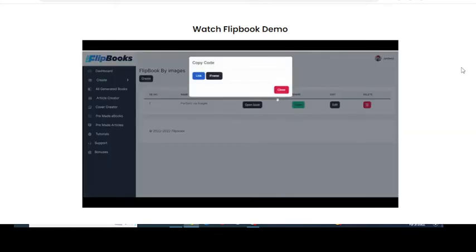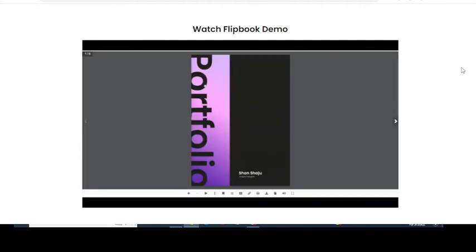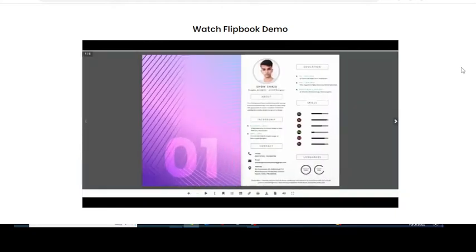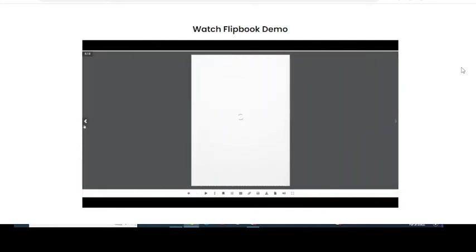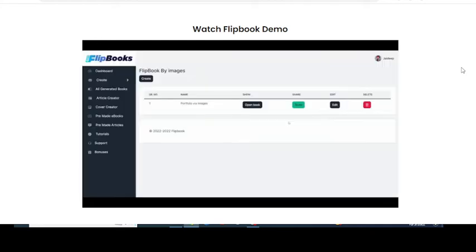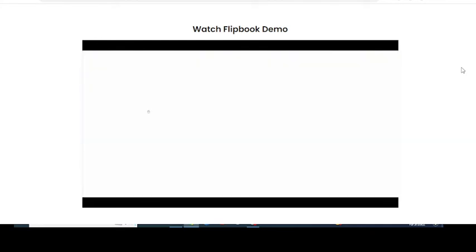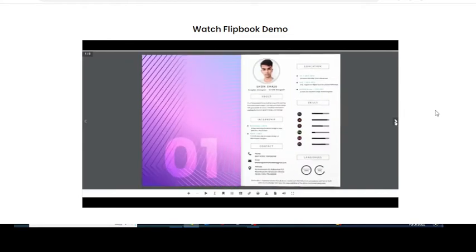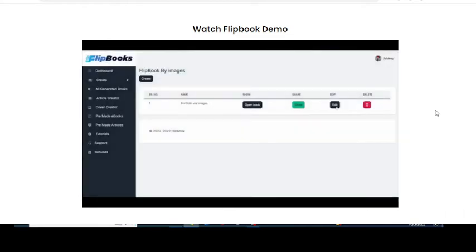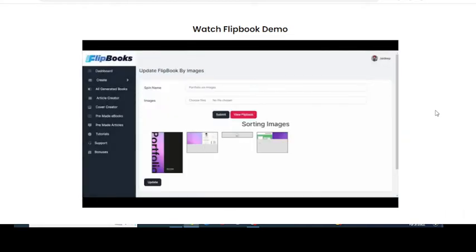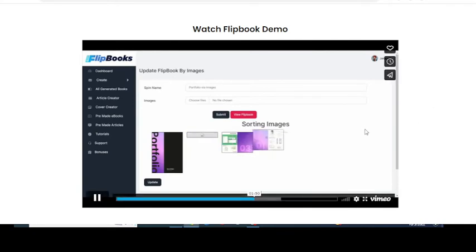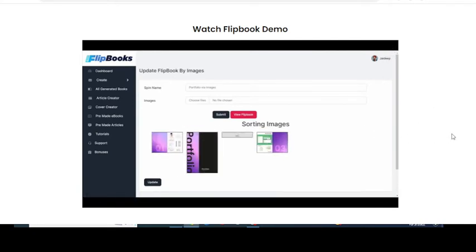One book, share link, in frame, got it. There you go. There you prefer with the pictures. You can add any kind of pictures there. Edit there. With the portfolio you can just submit, or you can just sort out the images wherever you want,